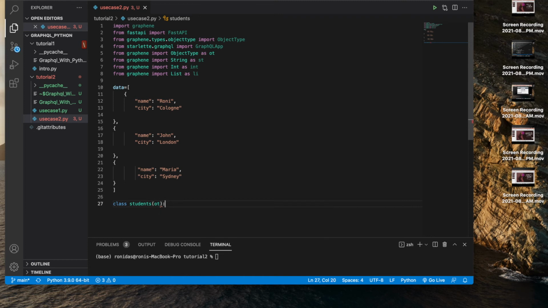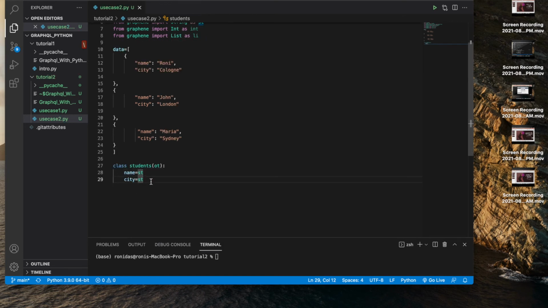Now it is going to contain two things, name and city. Name is going to be a string, city is also going to be a string, so I can simply write st.